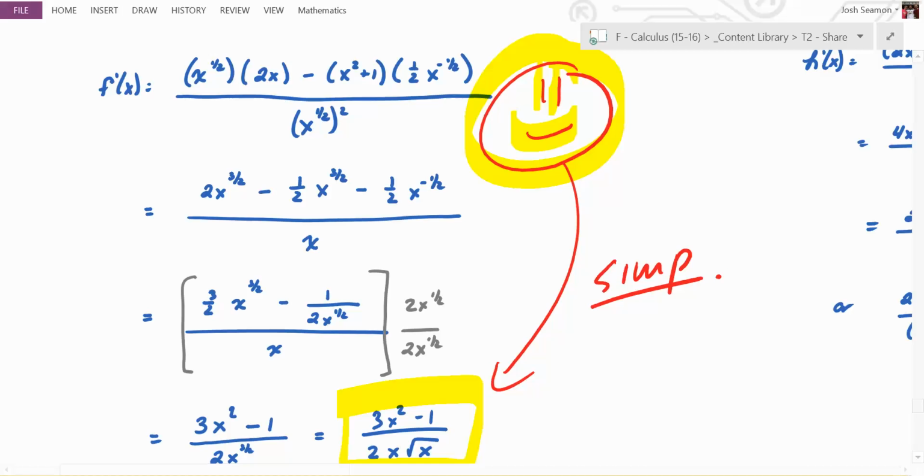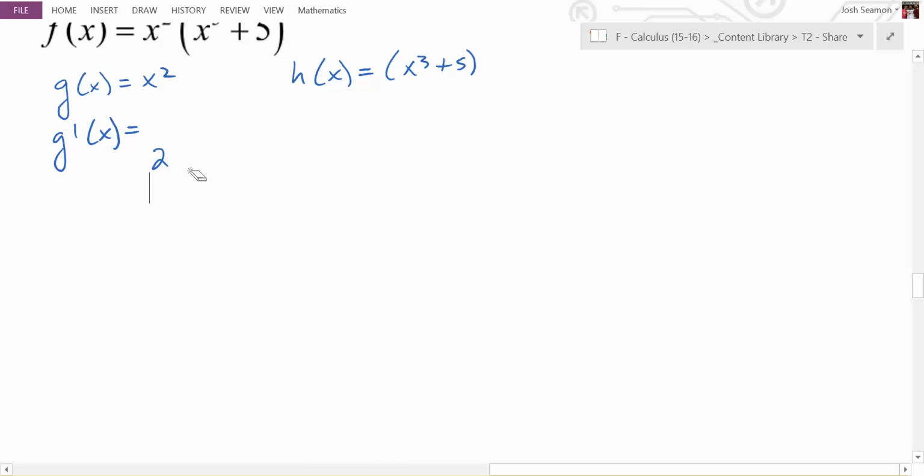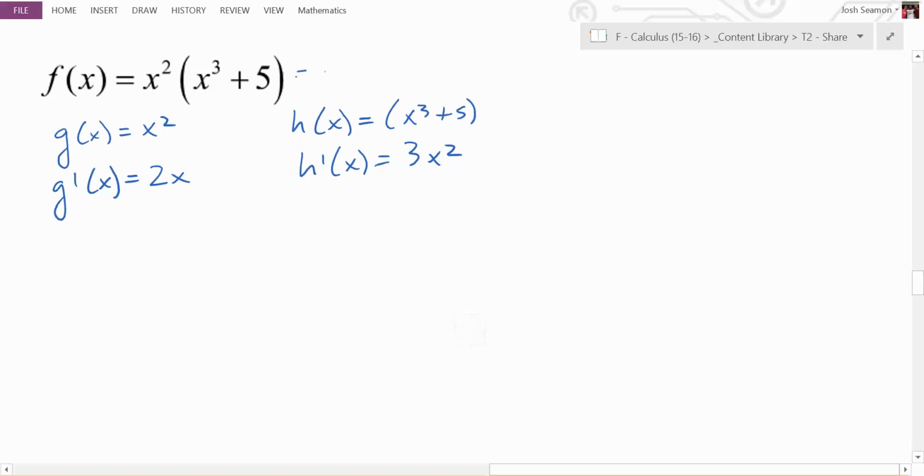Yay, exciting. What's g prime of x? What's the derivative of g? 2x. And what's h prime of x going to be? Correct. Exactly. So if this is equal to g of x times h of x, you know you do the